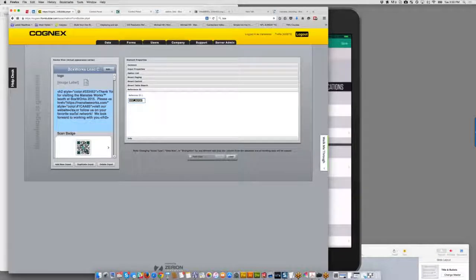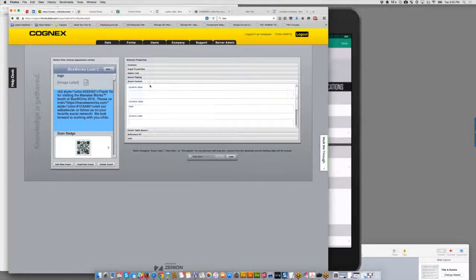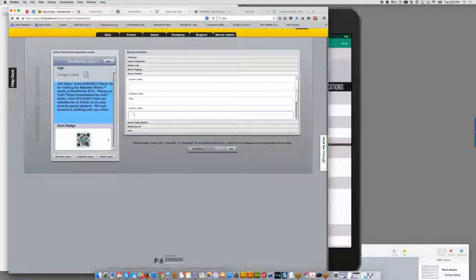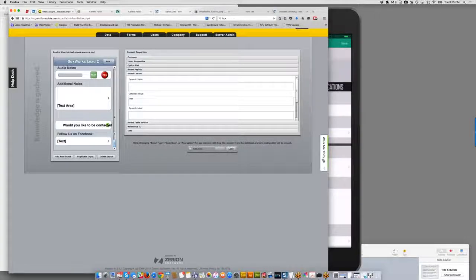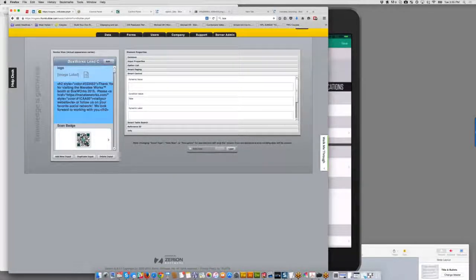And if I actually wanted to say this in the form, I would simply go to my smart controls and back down to the dynamic label and just write this without all the HTML and the stuff going on. So I'll show you what this translates to, and I have a really good one with the Go Panache one, but I think that's the only one I did this with on the BoxWorks. So again, jumping back here,